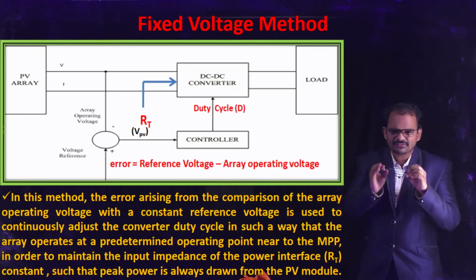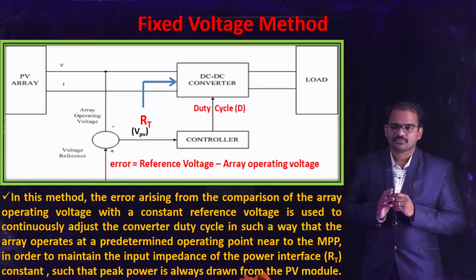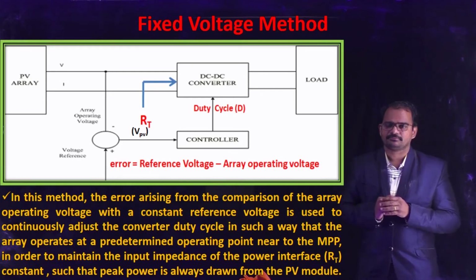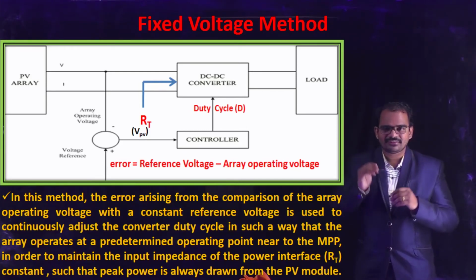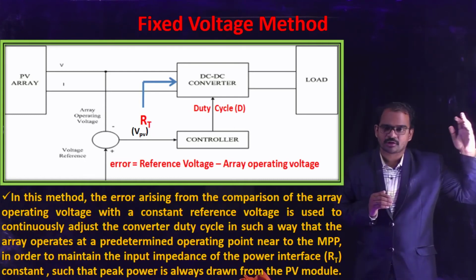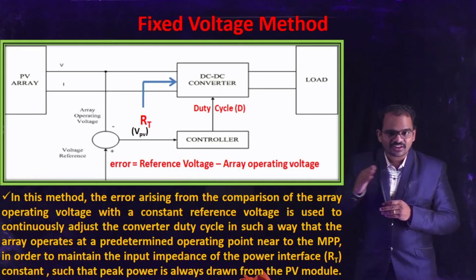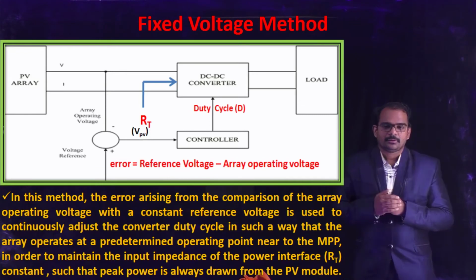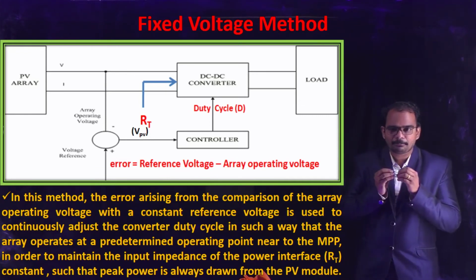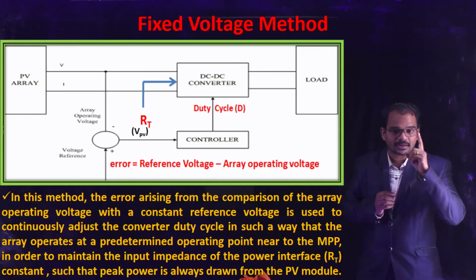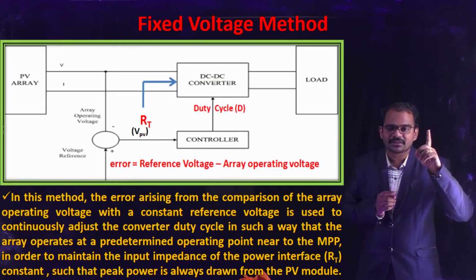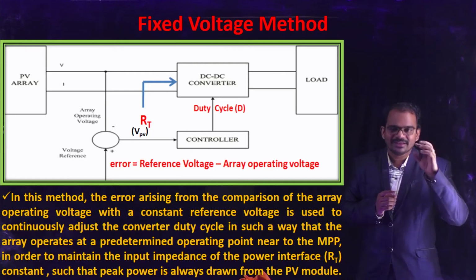This concept is very simple. This is a very simple method. Here, whenever there is a change in the value of R0 or the load resistance, what happens? There is a change in the voltage which is produced by the PV cell. But we will get the maximum power only at one particular voltage called Vm, at which we will get the peak power. That is, at operating point A only we will get the maximum power.